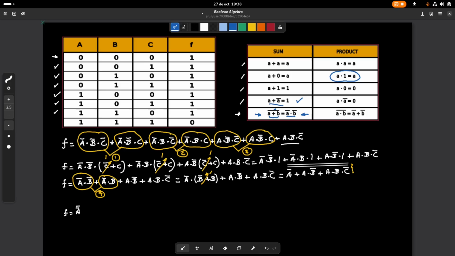So here I have two sums, and I'm going to turn it into three negated terms added. Okay, so from the first one we have a negated and a and b negated